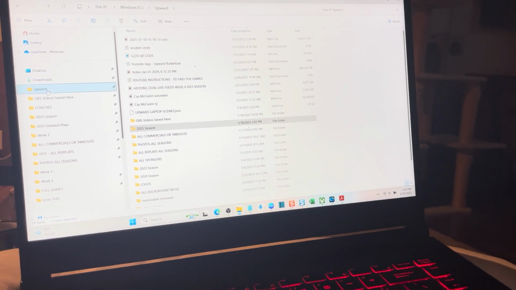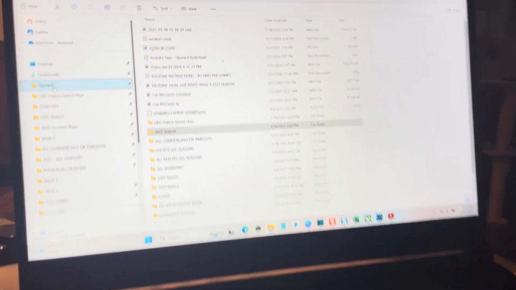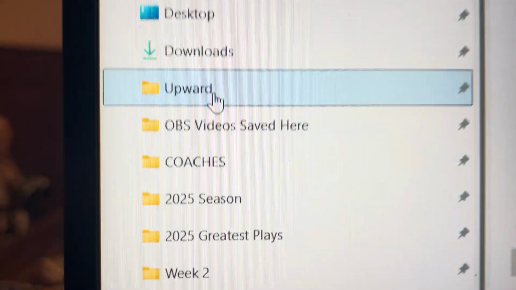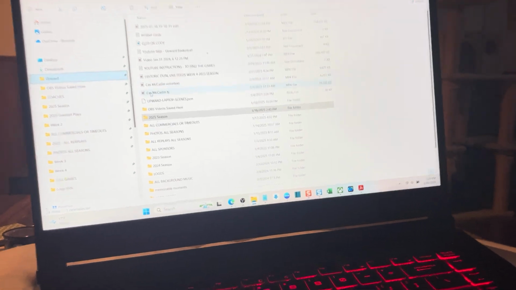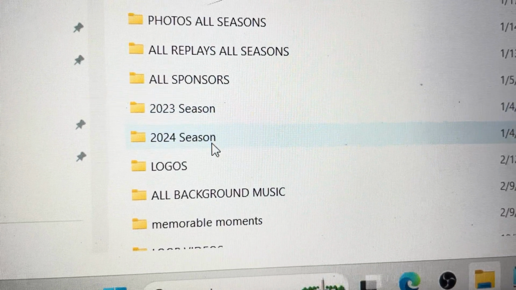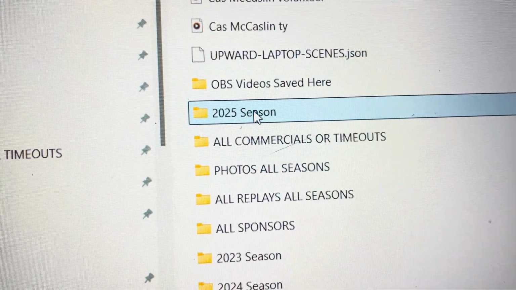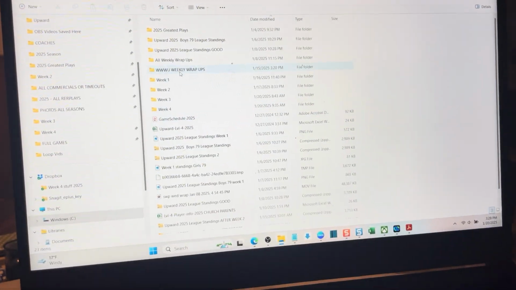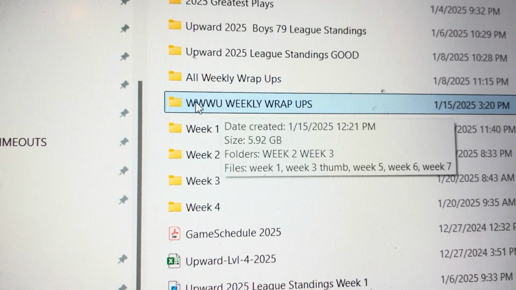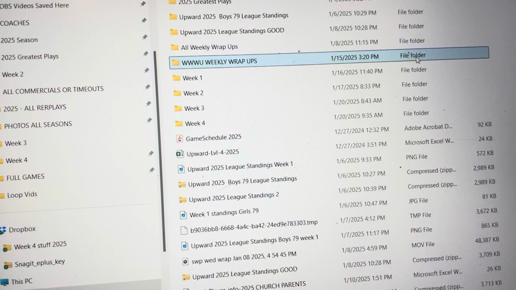All right, let's go to the folder structure. You're starting from basic. You never did any of this before. Here's what I want you to do. You create a folder with the name of your organization. In my case, you can see here, I created an Upward folder. Inside there, you're going to put all your seasons, 2023, 24, and we are at season 25. In here, look at this folder: Wednesday, WWWU, Wednesday weekly wrap up. The weekly wrap up folder. Now, in here,